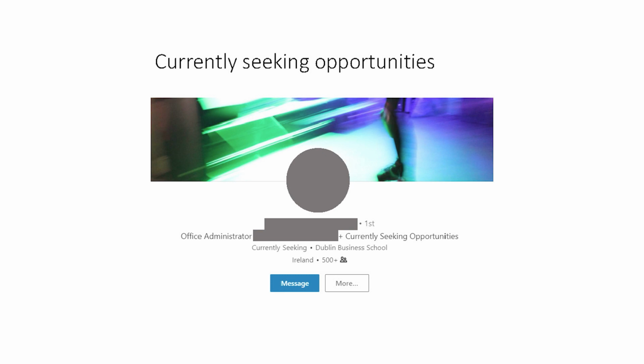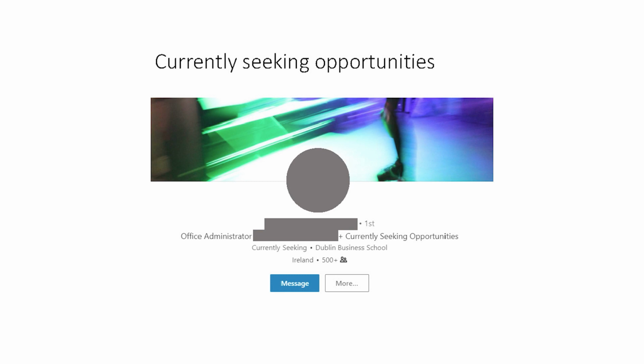But the benefit of putting this up would be that a recruiter or anybody working in talent acquisition may see this and say, okay, that person is actively seeking work. I'm going to ring them, drop them a message on LinkedIn and have a chat and find out a bit more about them, because it might be easier for them if you're actively engaged in seeking a new role, rather than trying to convince you to leave or to consider going for an interview in another company.